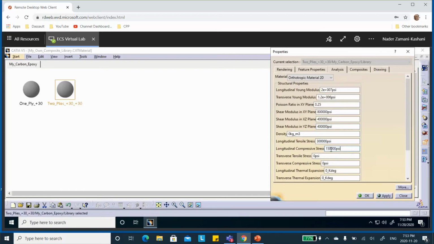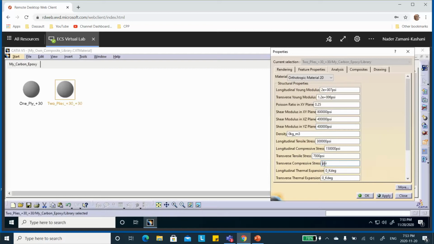150,000. And I made a big fuss of the fact that in the ordinary literature, they use a negative sign here. Most documents in the literature use a minus sign. I didn't pay attention to that, so I put a minus sign here, and Catia would not run, and it took me a while to find out what the issue was. This number, although it's a compressive stress, or strength if you want, should not be written as minus. Tensile in the transverse direction is 7,000, and